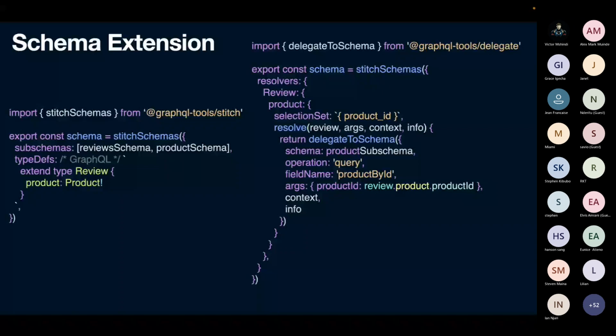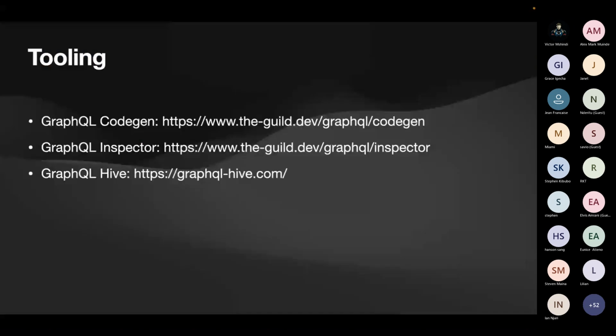Yeah, so one thing I'd like to also talk about, because I see time is not on our side, with GraphQL, there's a lot of tooling around GraphQL that is really powerful, and really beneficial in the long run. For example, I'd like to highlight just two as we go along. The first one is GraphQL CodeGen.